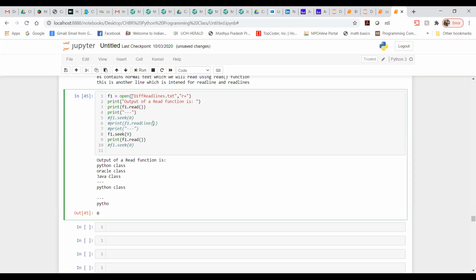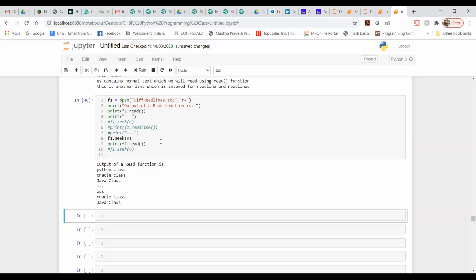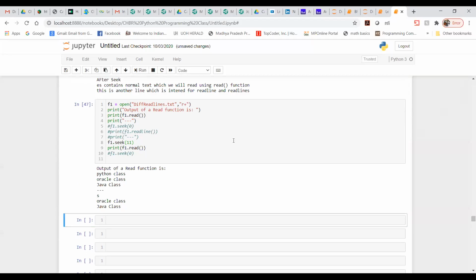Let me run this. Sorry, instead of 9, let me take it as 11. Run it. Now you can see, before applying seek, my pointer is at the 0th location and everything is read like this. After applying seek, I am telling it to go to the 11th location.